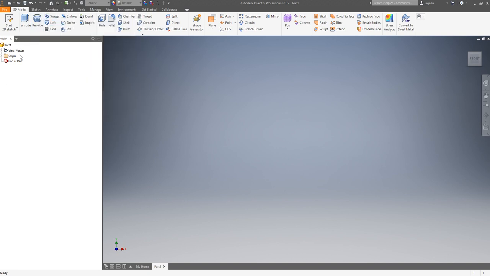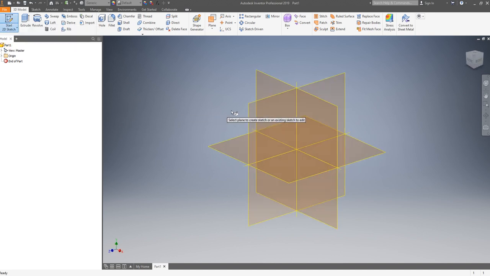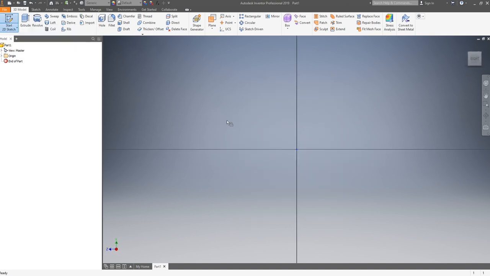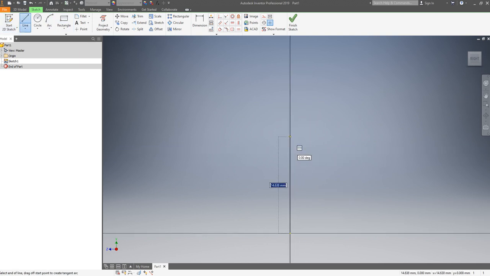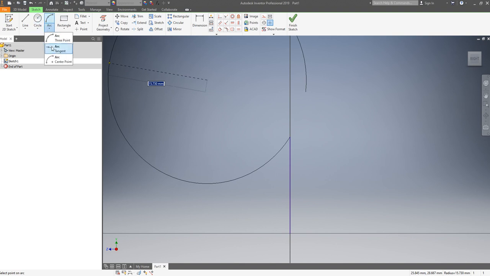Okay, if we first of all generate a path first, let's click straight line first, lines and arc. No, arc but tangent.